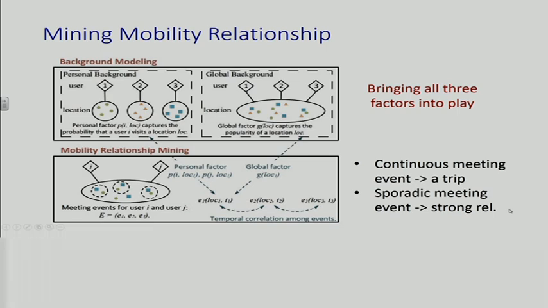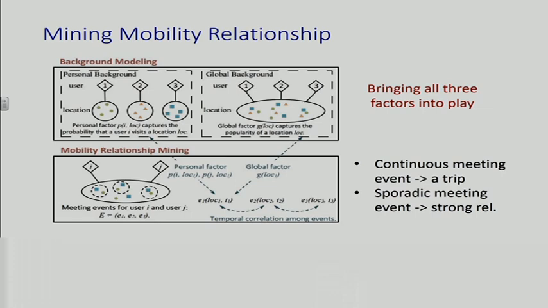Now we have already seen how they do this personal profiling and the global profiling. Now we need to bring all three factors into play. We haven't seen how they capture the temporal factor yet. So they do something like this. First, in terms of personal background modeling, if two users meet at a specific location, and that location is frequently visited by one of the users, it's not given a higher weight, because it's probably